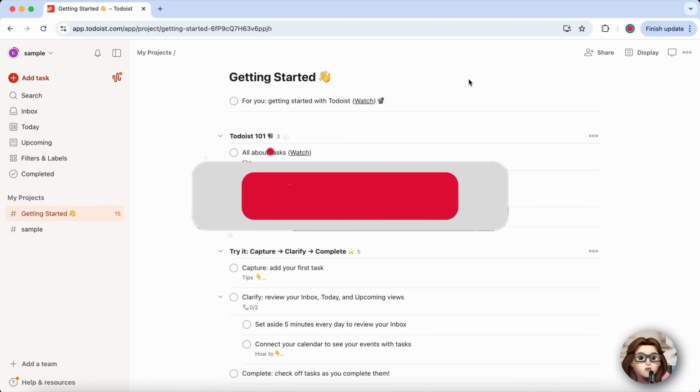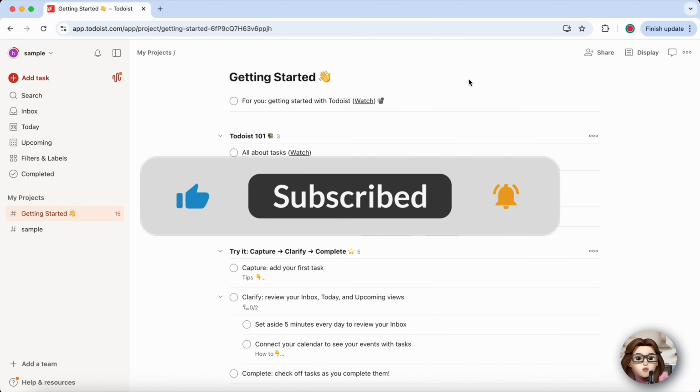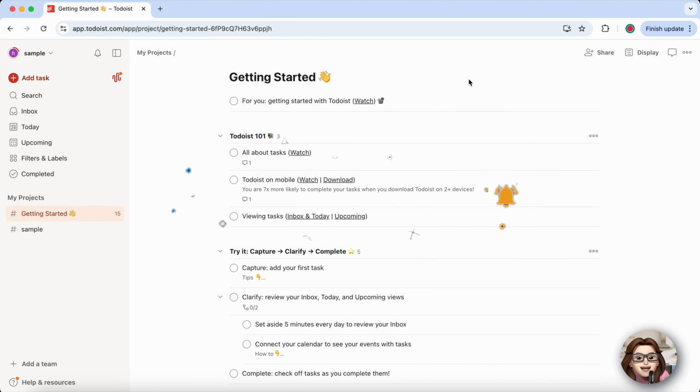In today's video, I'm going to teach you how to connect Todoist to Google Calendar so your tasks and schedule stay perfectly in sync. This simple setup can save you a ton of time and make sure nothing ever slips through the cracks. Start by opening the Todoist web app on your computer or the Todoist app on your phone